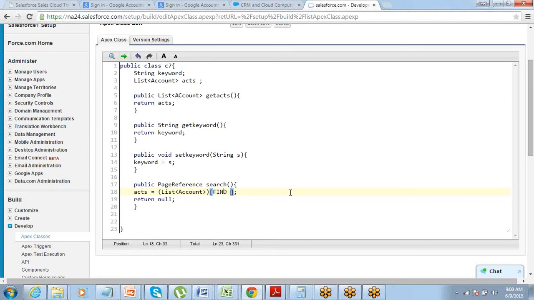This is how it needs to be written. Find keyword, which means find this string in all fields, and return what? Returning account name, type, industry, phone.